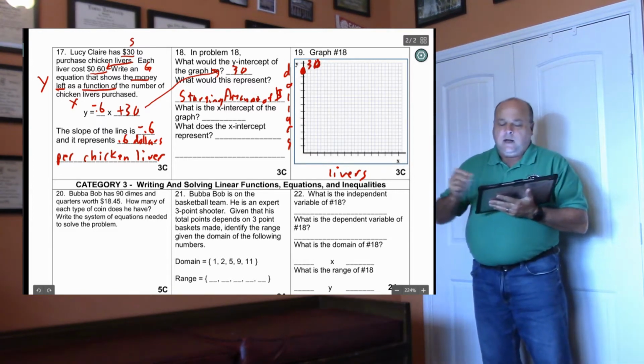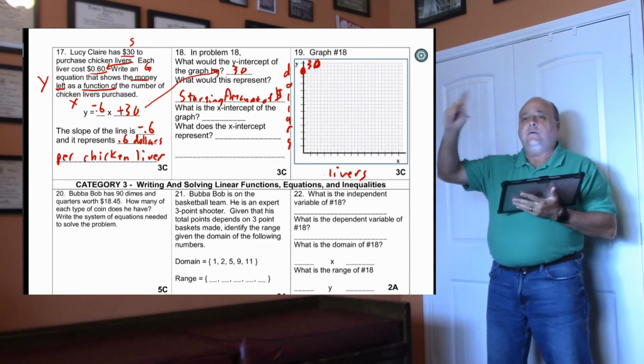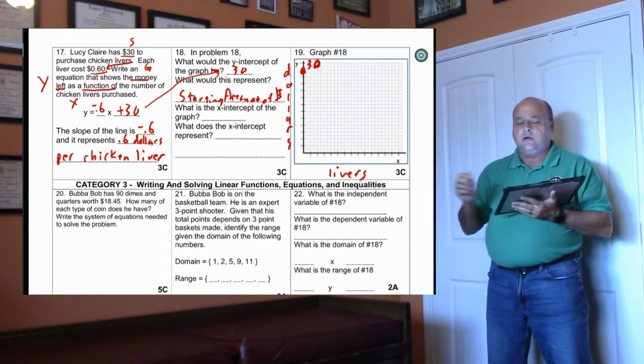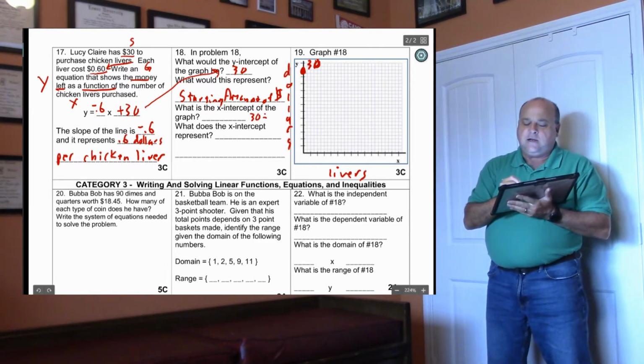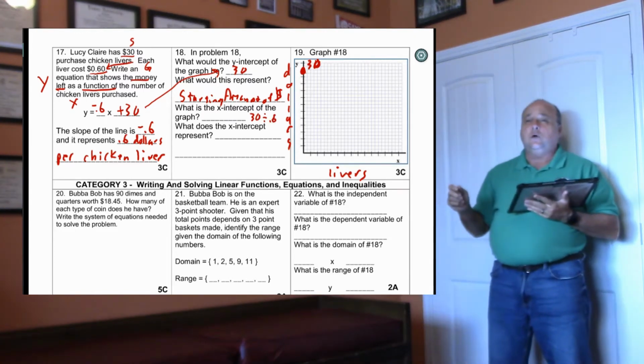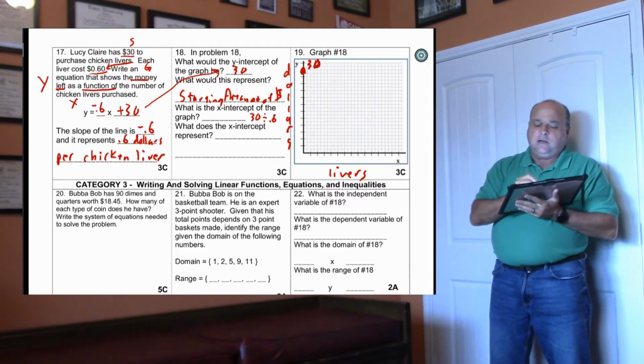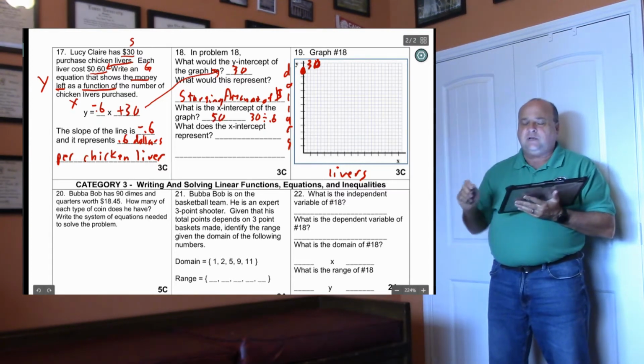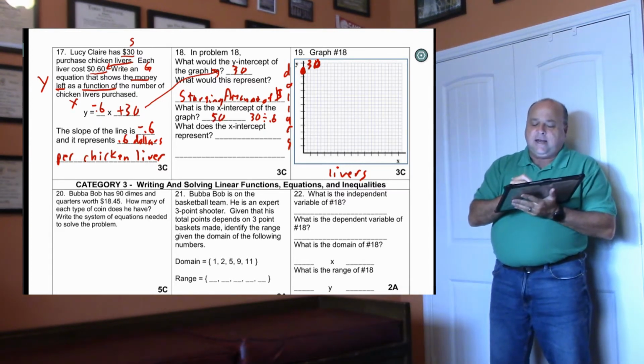Okay. And then the x-intercept is going to be how many growing numbers are in the starting number. So you would take 30 and divide it by 0.6. How many times will 60 cents go into 30? The answer is 50. So you could actually get 50 chicken livers with the 30 bucks, and it represents 50 chicken livers,